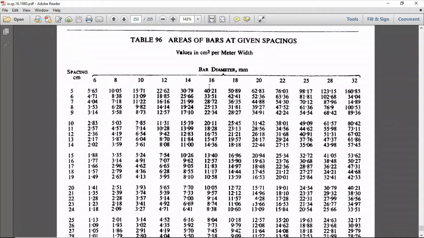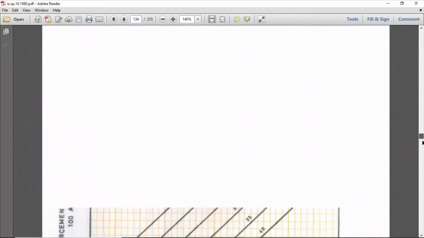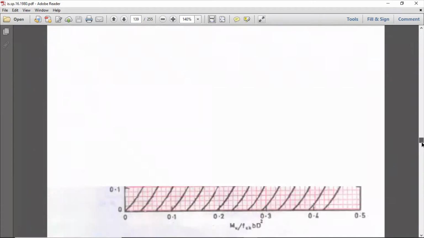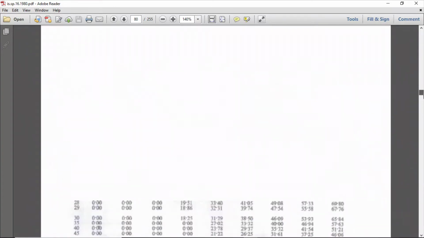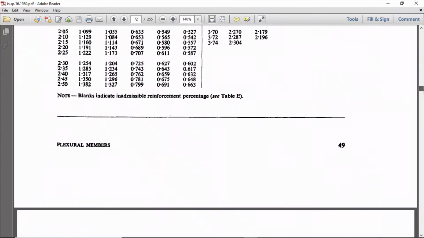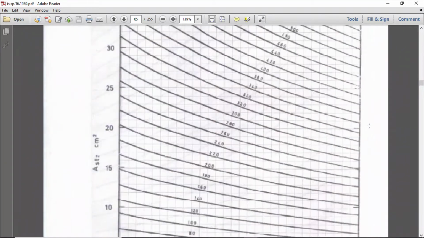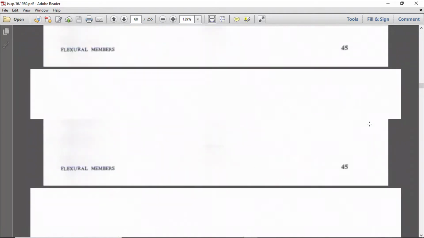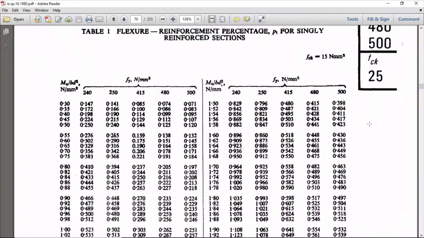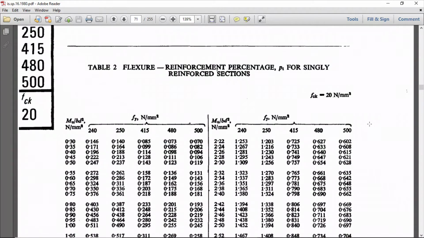Let me open the table, page number 48. Right, table number 2 for M20 grade and Fe415 grade steel. This is the table, right?